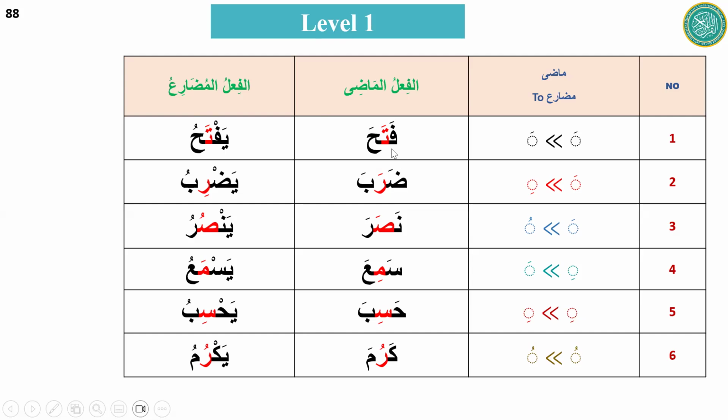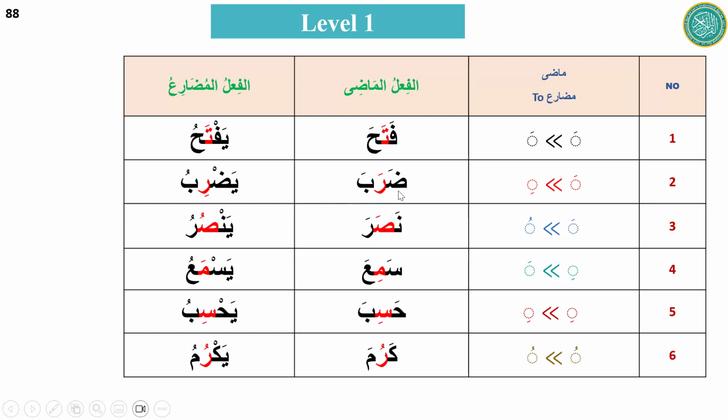Fataha, yaftahu. When I say this is Fataha, that Fataha is basically the haraka, and this Fataha is a verb. So Fataha, yaftahu. What is the pattern here? Fatha, Fatha. Why? Because the second letter has Fatha, and the same letter ta, when it comes here, will be Fatha. That's why I say Fataha, yaftahu. Then I will say the pattern: Fatha, Fatha.